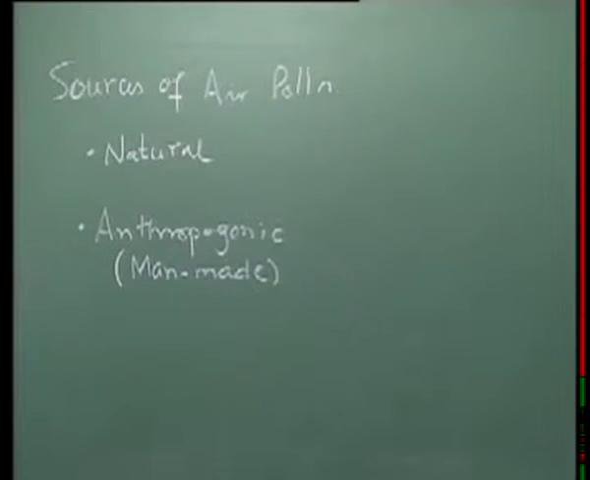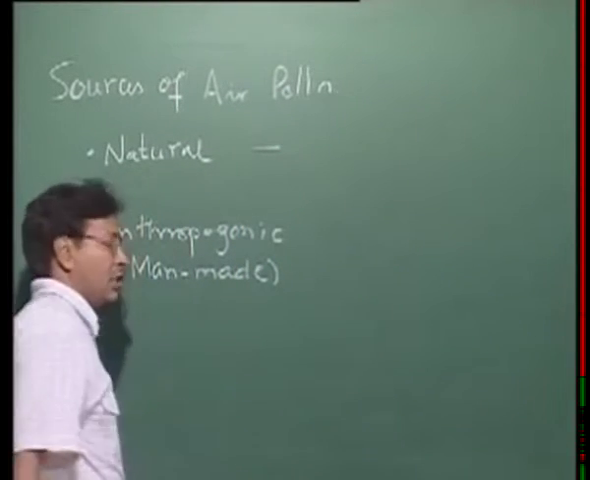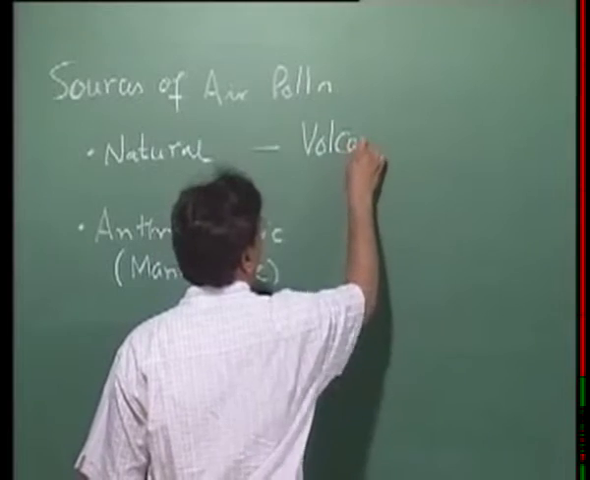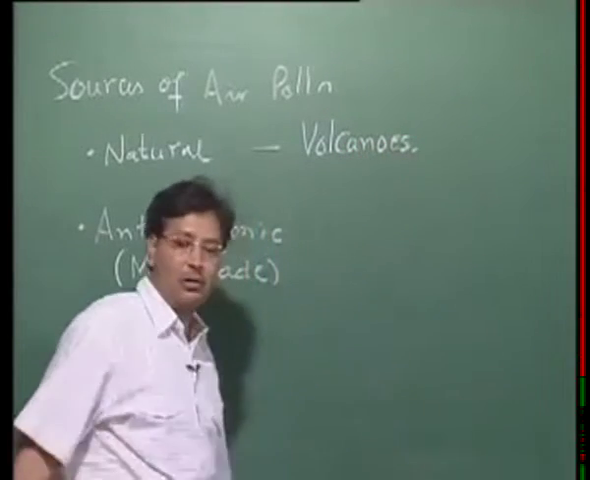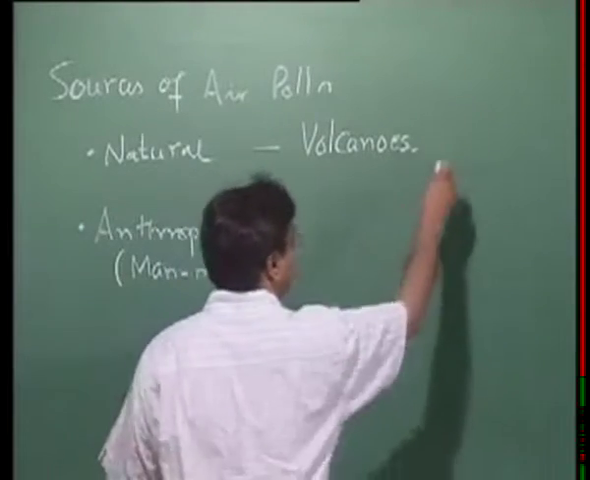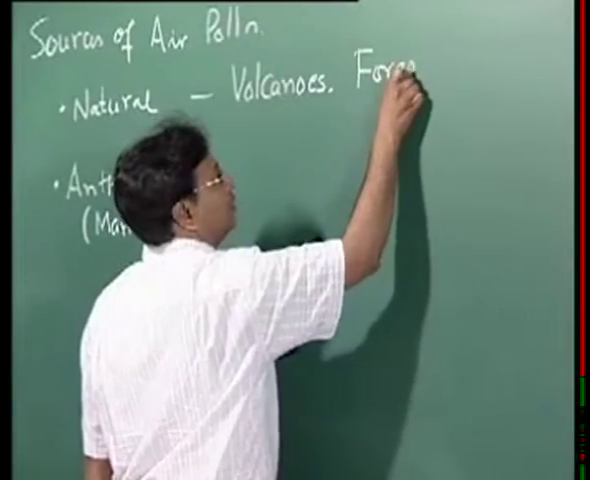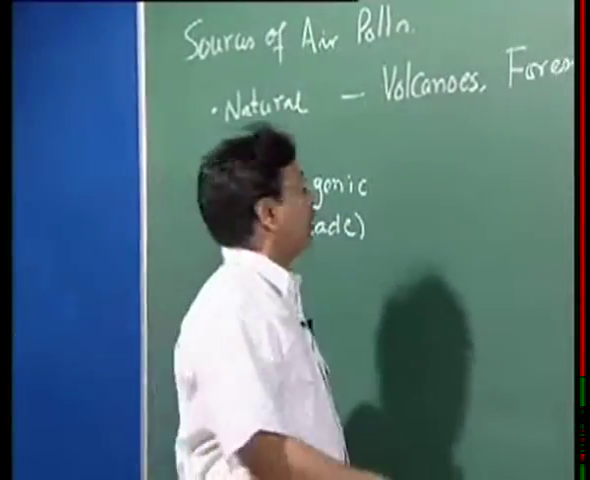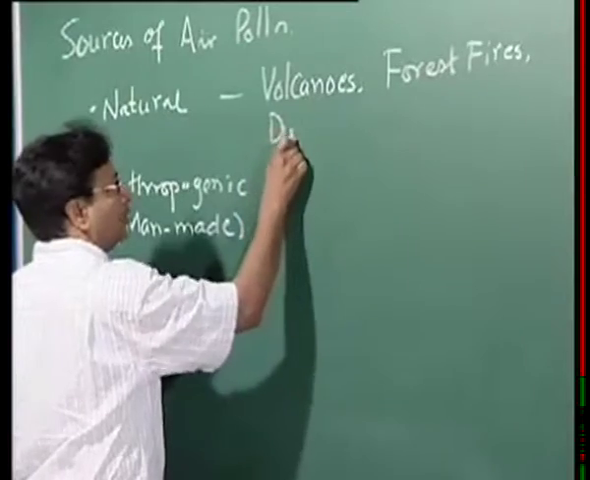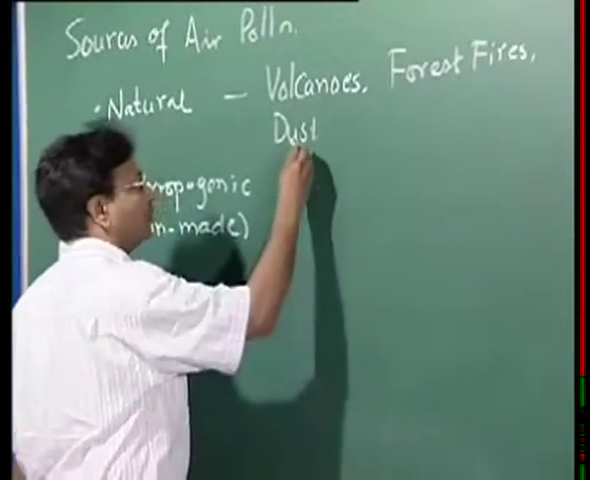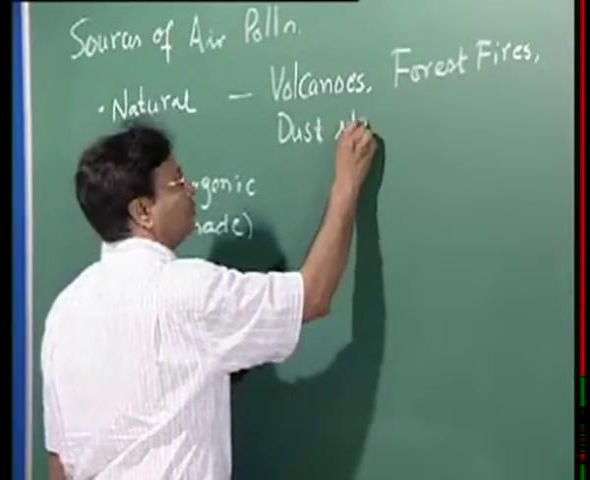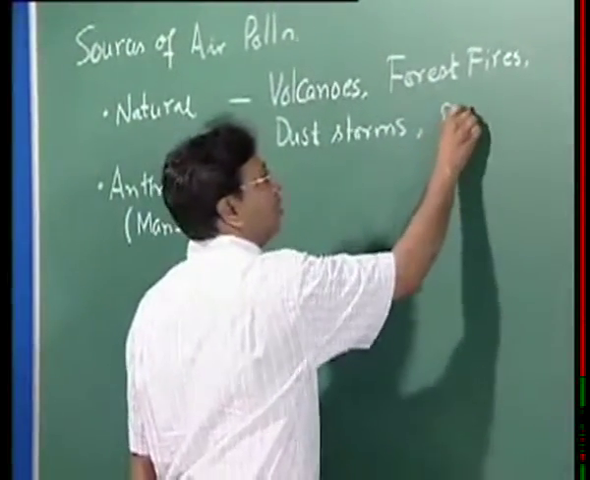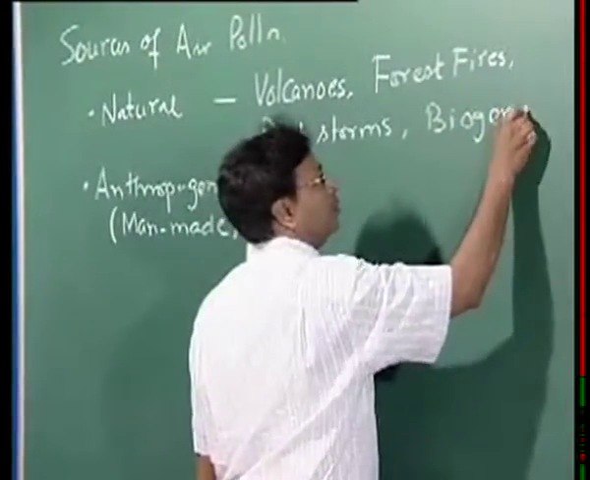Okay. When you talk about the natural sources, let's take some examples. If you can remember, emissions from volcanoes cause a lot of emissions. So are the forest fires, there could be other sources like dust storms, there can be the natural sources of biogenic source,